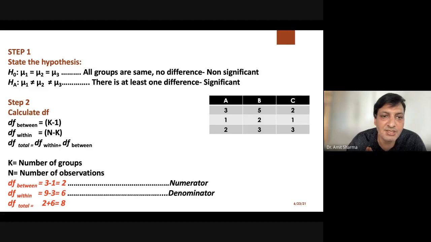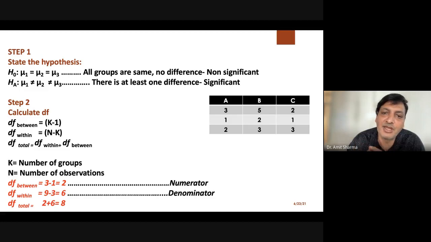And in which case have you rejected the null hypothesis? When you find that the groups have different means and there is a larger mean difference. The higher the value of the mean difference, the greater the chances for your test to be significant. So the null hypothesis always says that all groups are the same, or there is no difference in the groups, whereas the alternative hypothesis says that there is at least a difference.